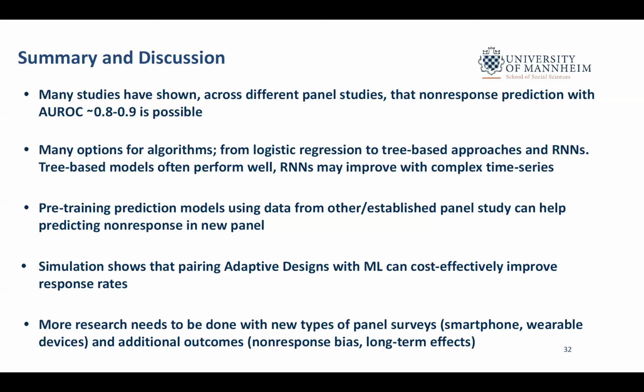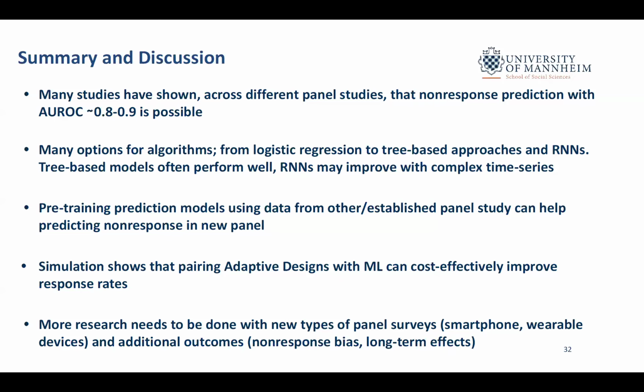There are many options for specific algorithms. There's a value in looking at tree-based models, I think in any case, and for specific cases, especially when we think about complex time series, or when we envision that the ordering of events matters, there's also value in considering